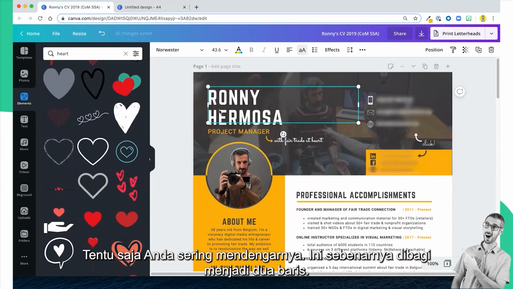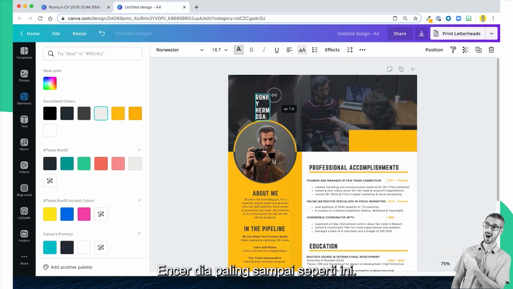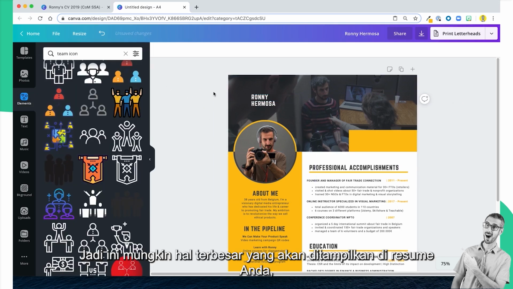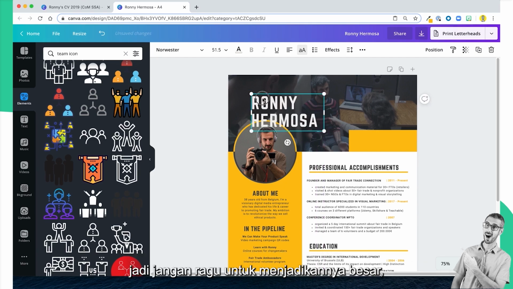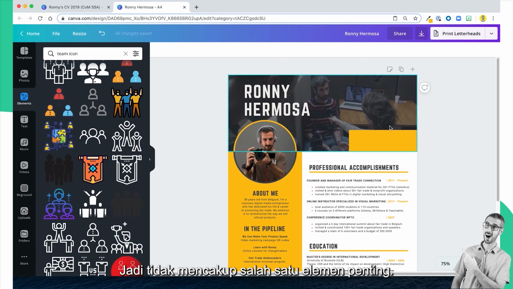It's actually split into 2 lines, okay? No worries, Ronnie Hermosa, like this, and this is bigger, of course. So this is probably the biggest thing that will show on your resume, so don't hesitate to make it big, okay? Make it big, position it wisely also, so it doesn't cover one of the important elements, I would say,